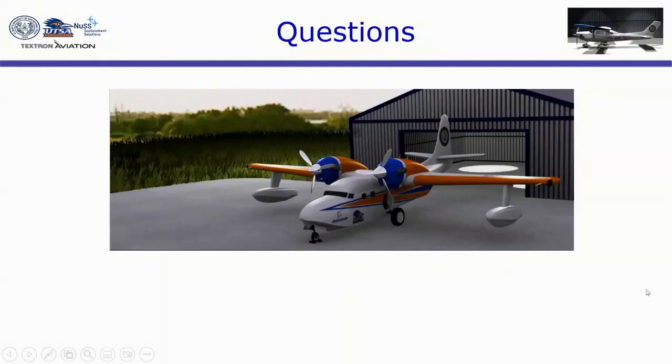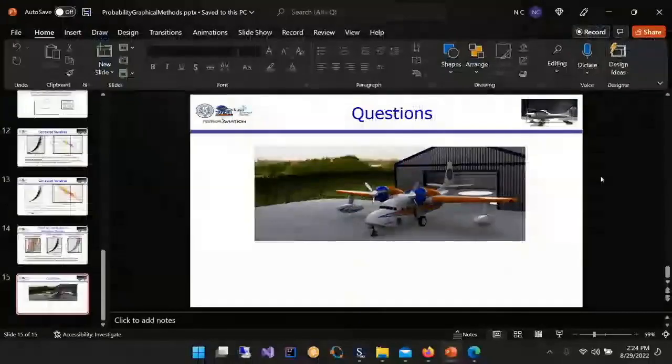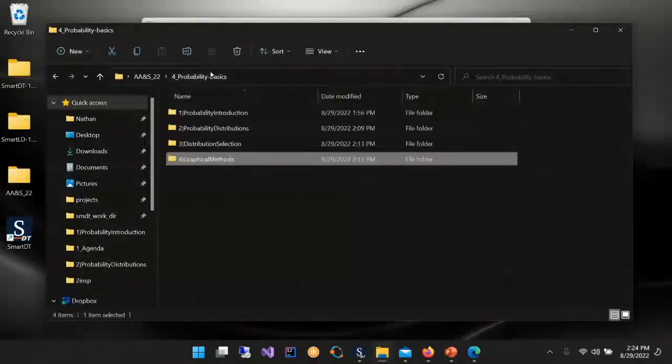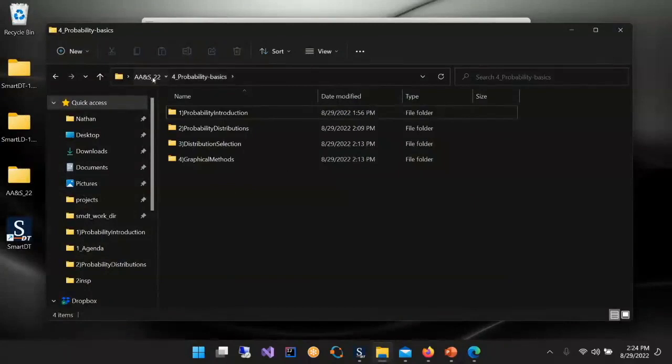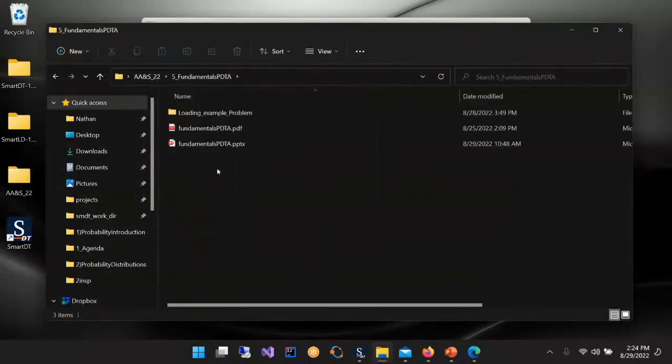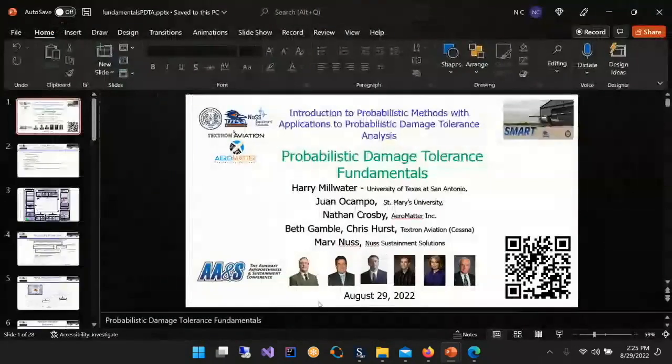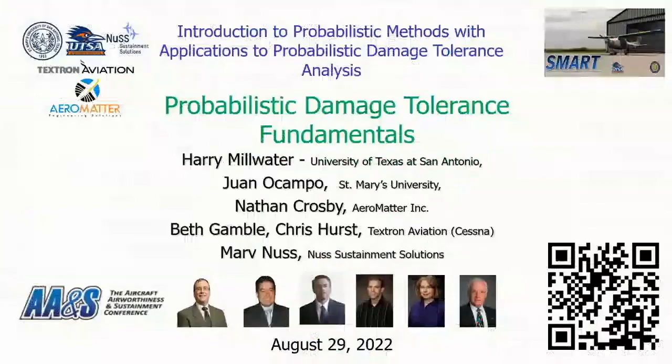Now you have all the basics to start doing probabilistic damage tolerance analysis. Now that you've got all the basic statistics covered, we're going to have this presentation before we go into a small break. Some of the things on this presentation were covered in the overview, but we want to repeat them to you